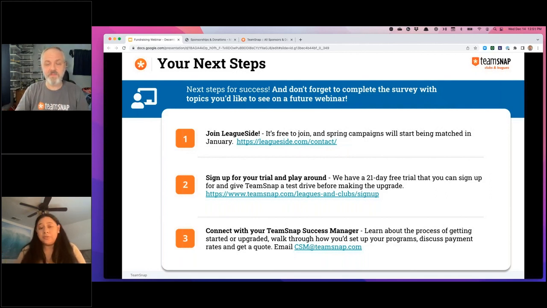Yeah, there's also another way you can do it. If it's not the registration part of it, you could do it through the invoicing. We have an invoicing feature where you can also add installments. So say there's a sponsor who's giving $500 and they want to break it up over 5 months. You can use installment payments on an invoice as well, because then you can go in and update that. So you have multiple options on how to use the invoicing and the registration, the whole TeamSnap system.